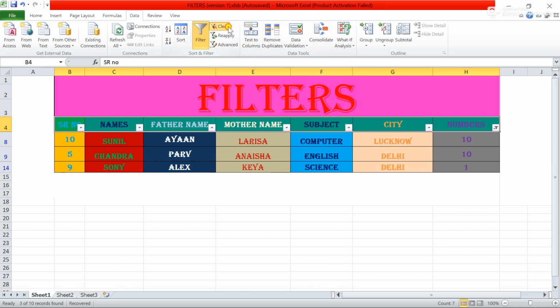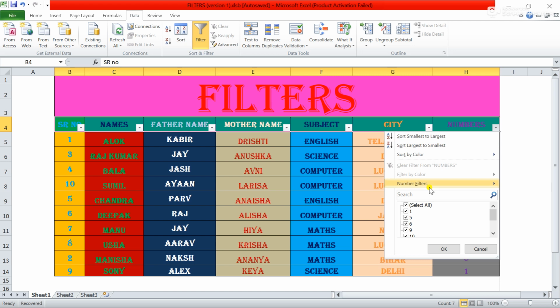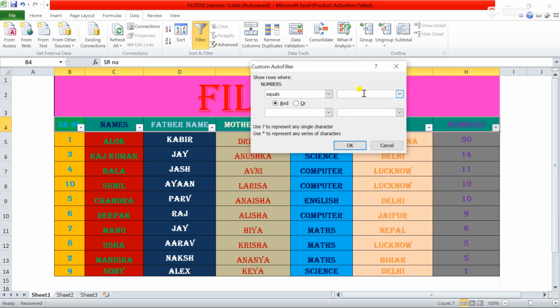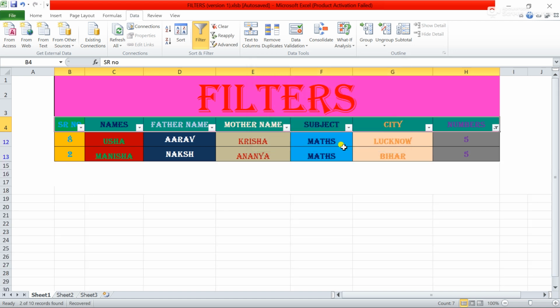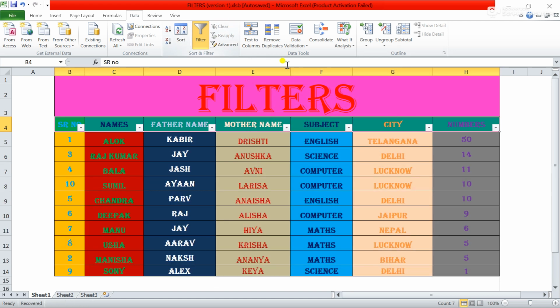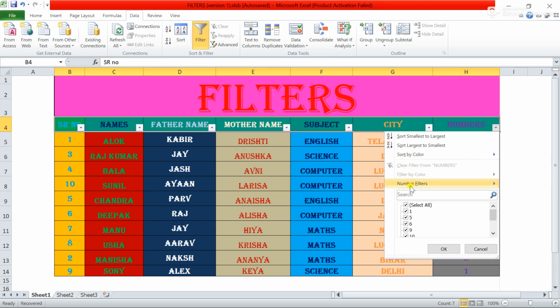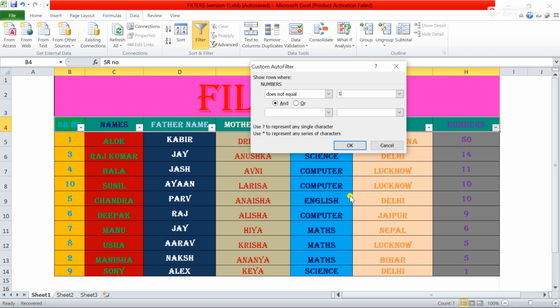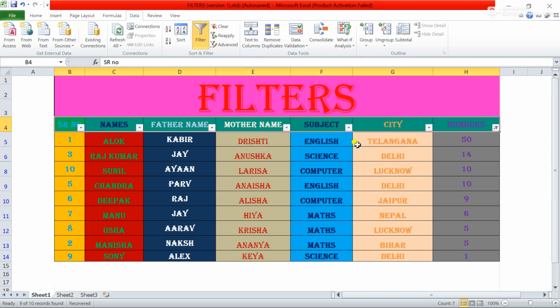Okay, clear. And again go to filter, number filter, and now I want equal, the number which will be equal to. So which are the equal number, same number. So 5, just see. So 5 is the equal number, other are different numbers. Click clear. Then do not equal, so just take 11. 11 is the equal number? No, 11 is not a equal number, so just it is showing like this.